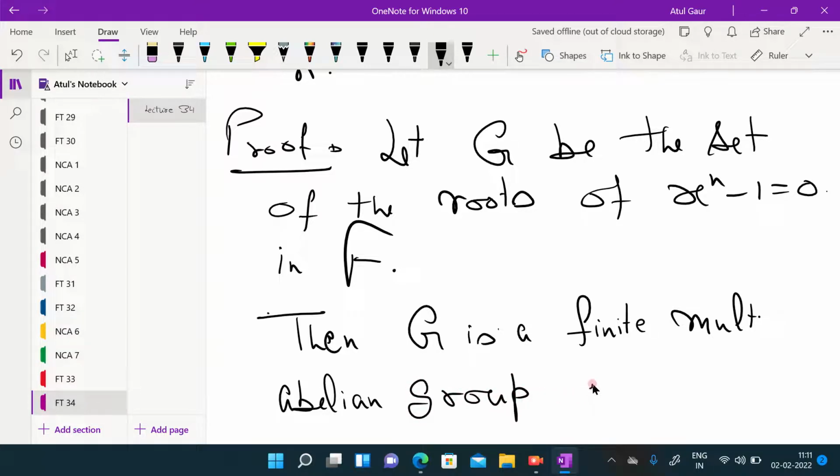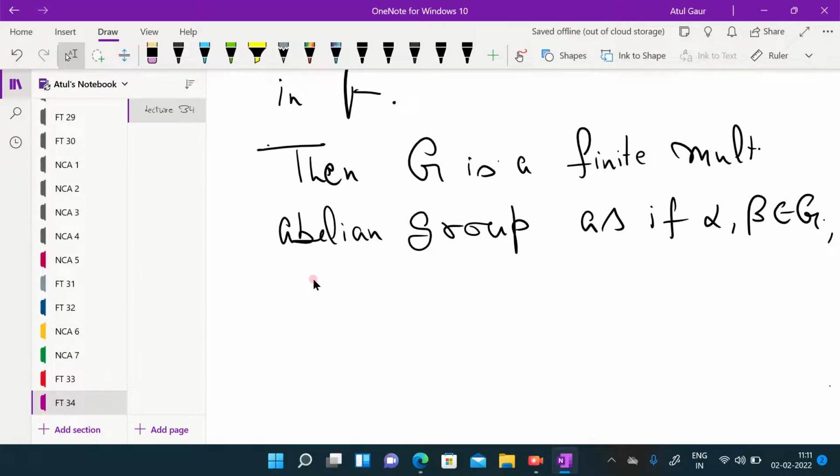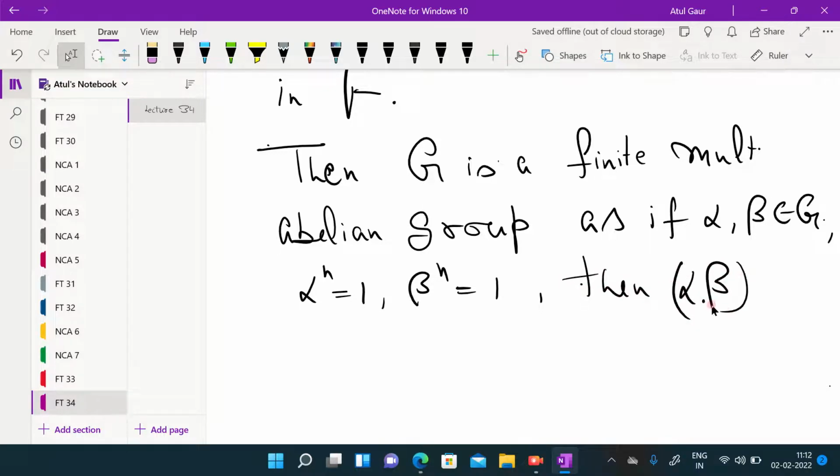Is this fine? If alpha, beta are in G, that simply means alpha^n is 1, beta^n is 1, so you have (alpha beta)^n is also 1. Is that fine? (alpha beta inverse)^n is also 1. Is that fine? Simple? Okay,